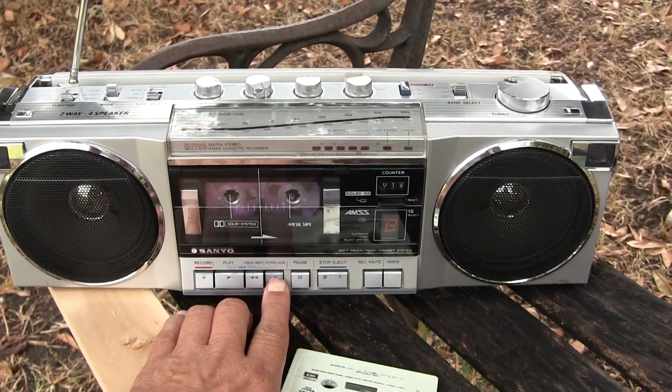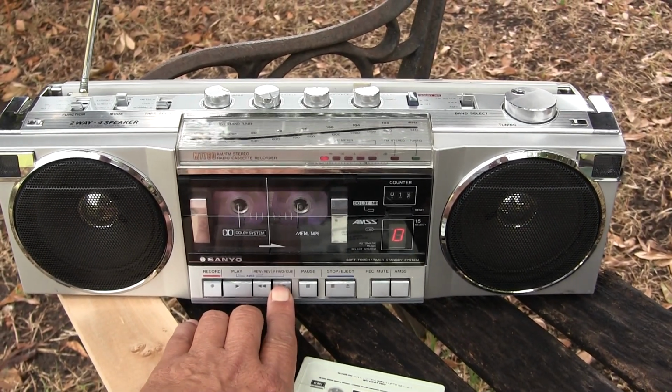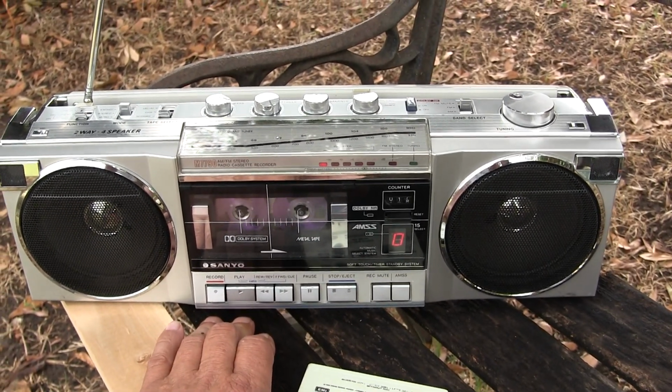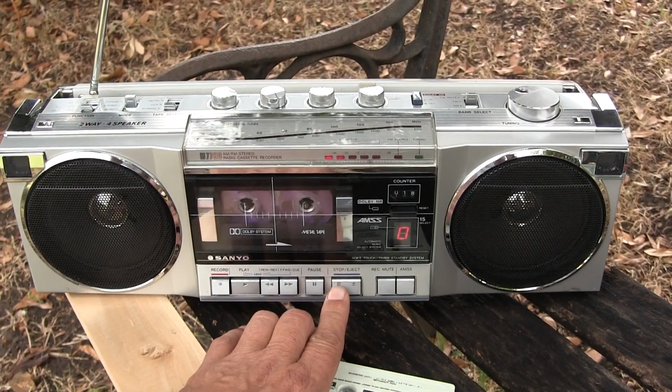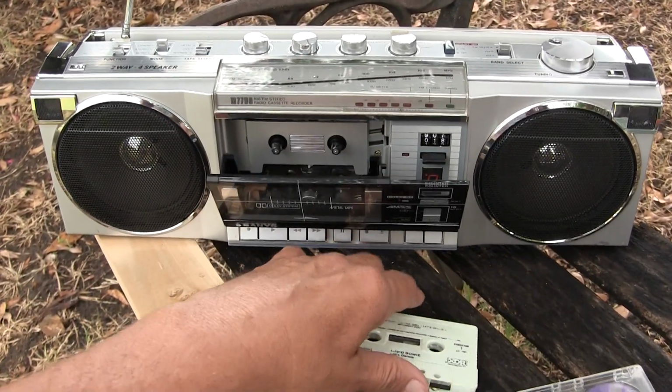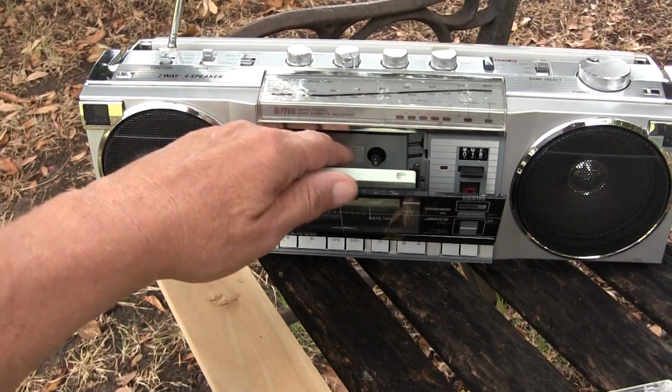See, we went all the way up to 19, right? So. Alright, so it doesn't record terribly well, but I'm not interested in recording with these radios all that much, as